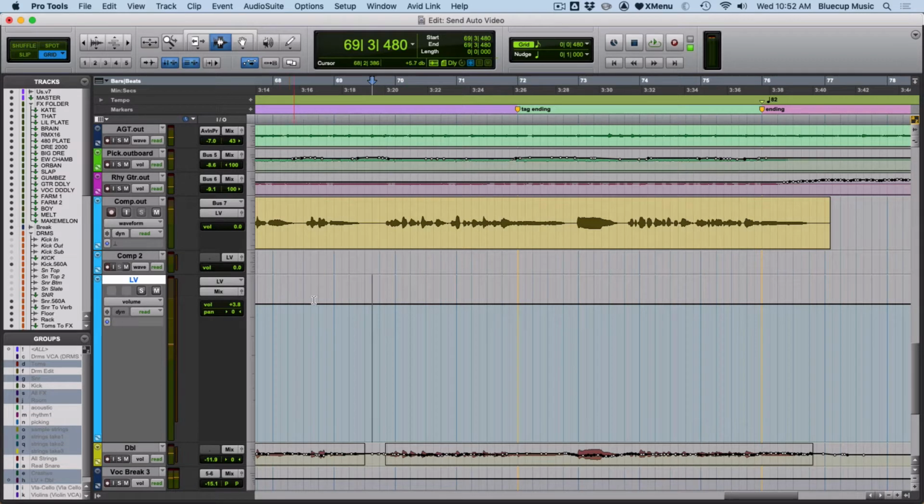You can see here I'm looking at the volume. This is the master fader here for this comp for the lead vocal here. And I want to turn certain sections up or down. You can see this one line here, this one word here. It's very loud compared to the other two. And I want to turn that down. So I'll do this here without macros. I'll go to the grabber tool and I will make a couple dots here of automation. And I will then go to the trim tool and I'll turn the automation for that word down. I'm holding the command key down here and I'm moving it down by tenths of a dB until it's down